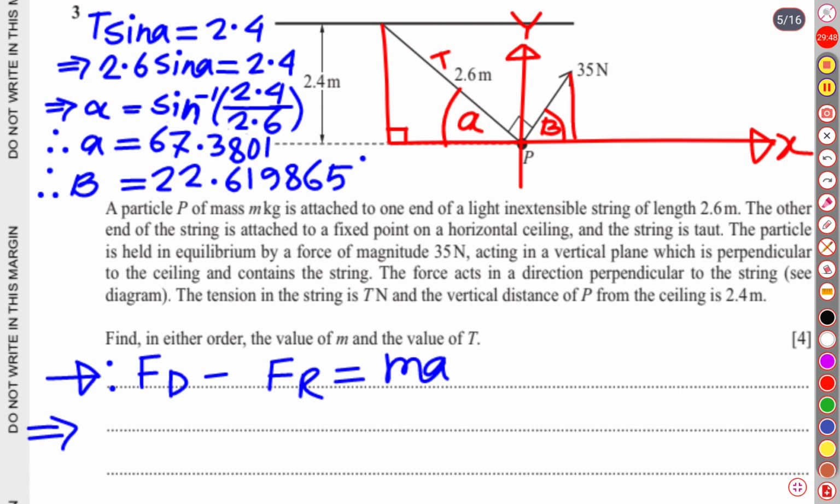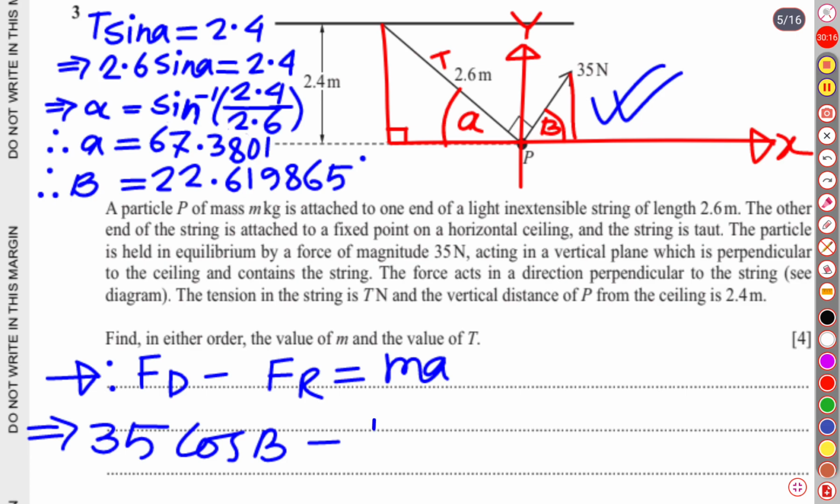Let us start with the right side. Sorry, it's a mistake. Driving force will be on the right side, a positive force. So if we choose this triangle, it is 35 cos beta, the positive force, minus the negative direction of x,